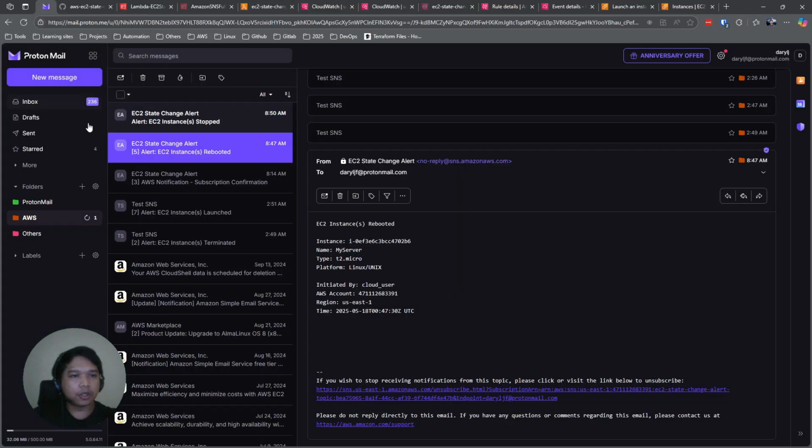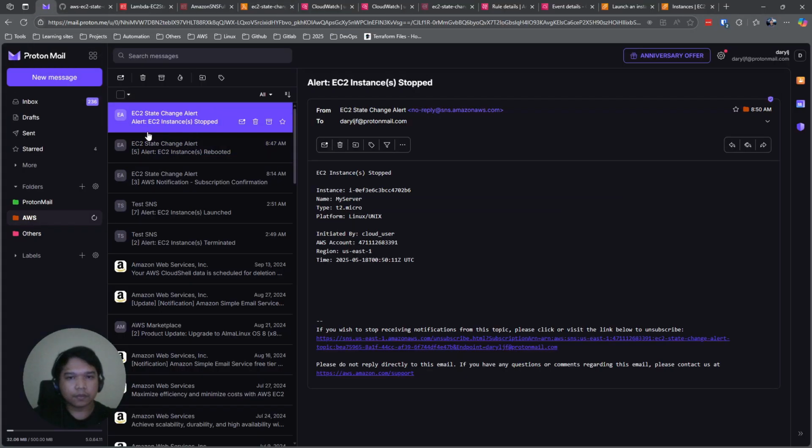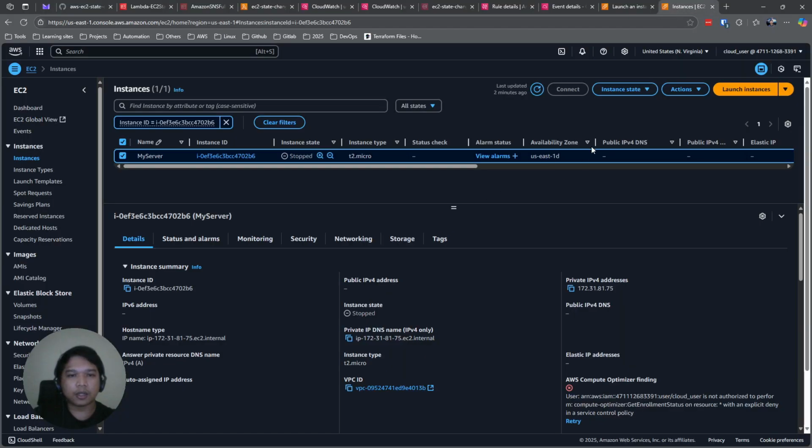So let's check the email. Right here, EC2 instance is stopped. This is the instance ID, name, T2 micro. So the server is already stopped. Let's try to start it.